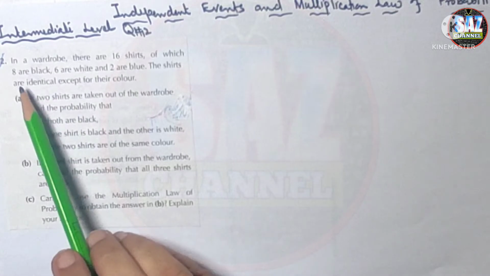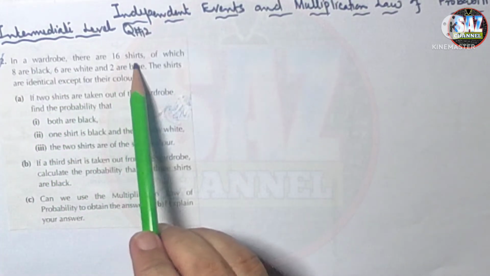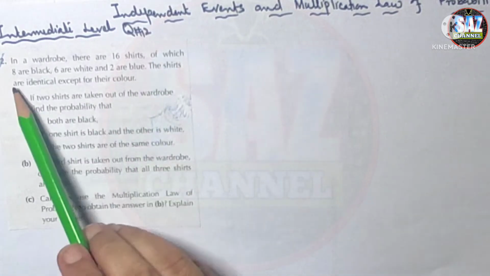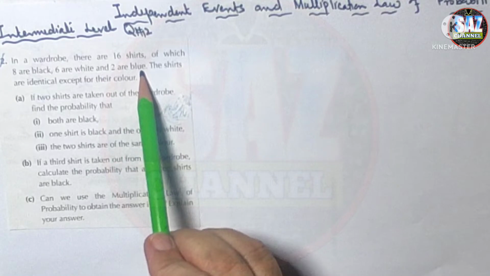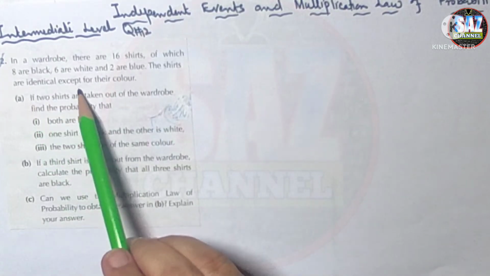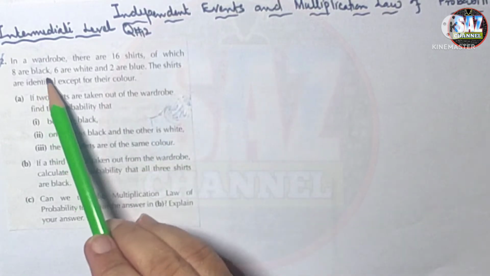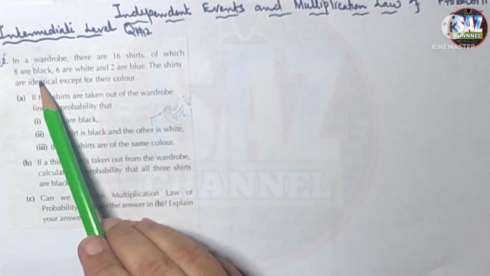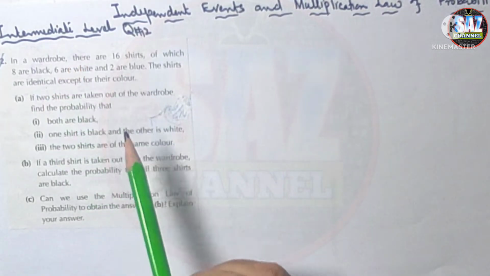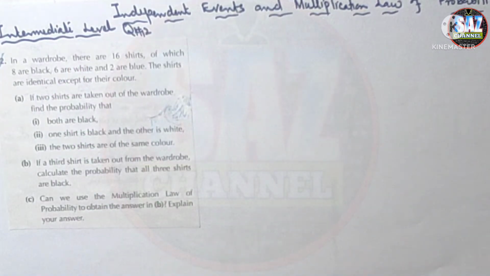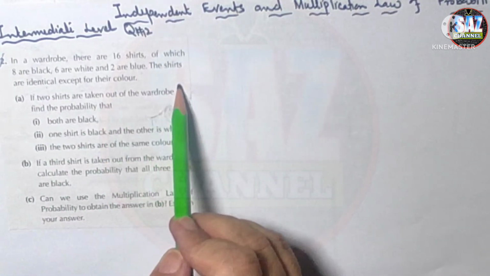Question 12 says, in the wardrobe there are 16 shirts, out of which 8 are black, 6 are white and 2 are blue. The shirts are identical except for their colors. Identical means that they are the same, their texture is the same, their material is the same, except for the color. If two shirts are taken out of the wardrobe,